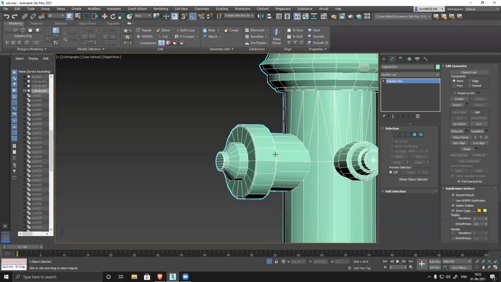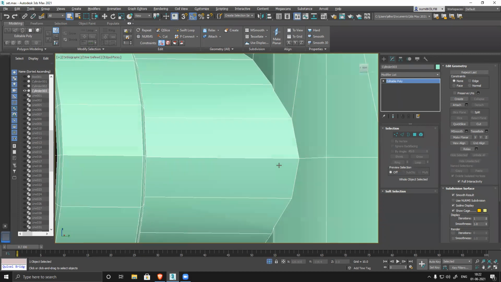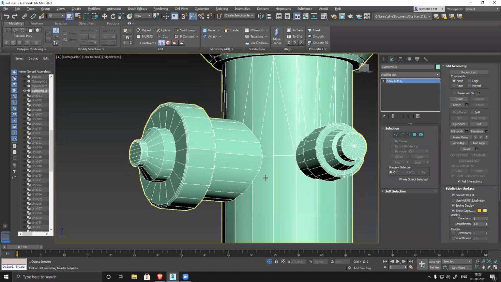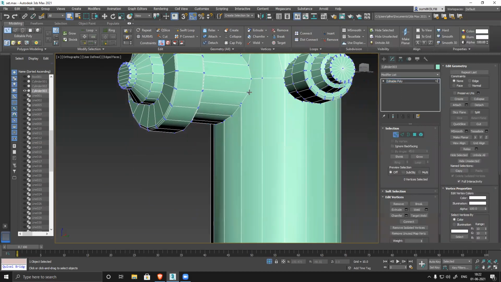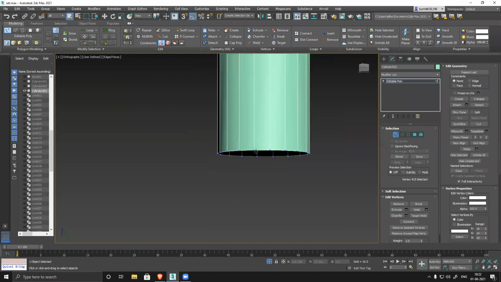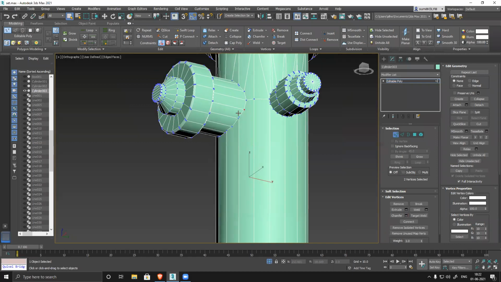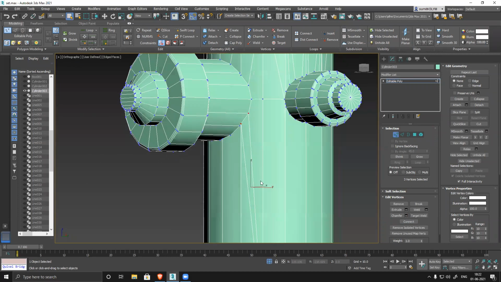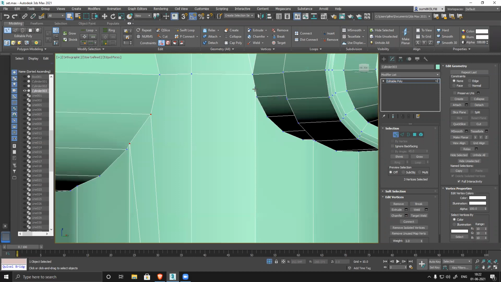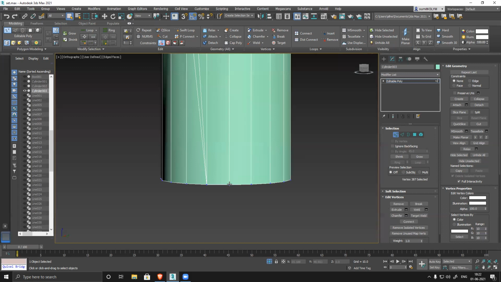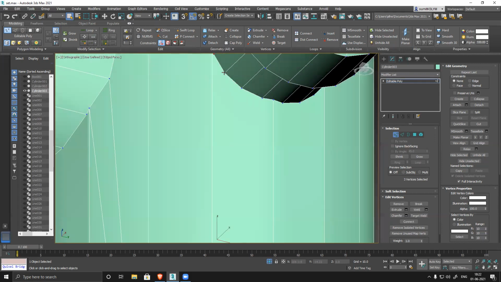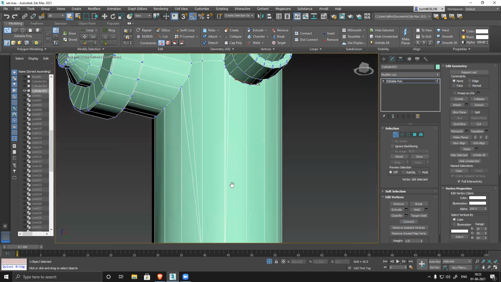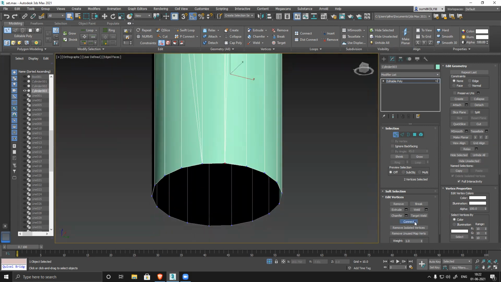I have to fix all those loops and everything. Connect it nicely. Connect it. Connect.